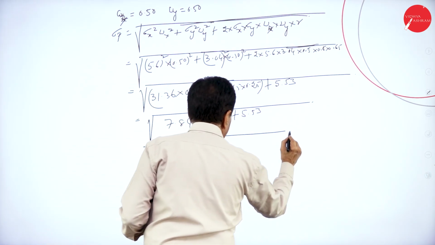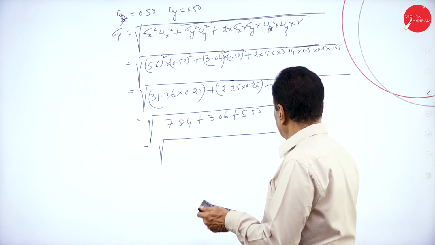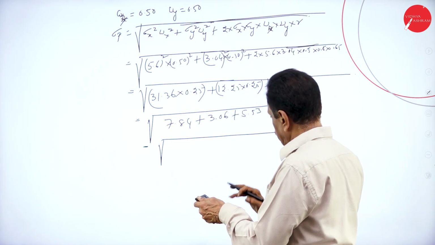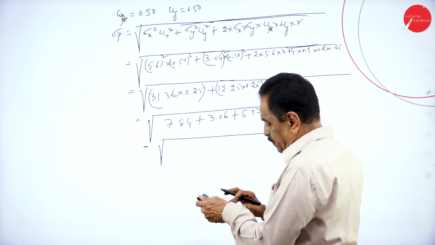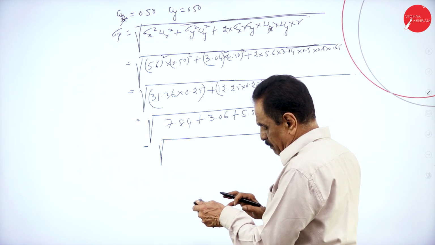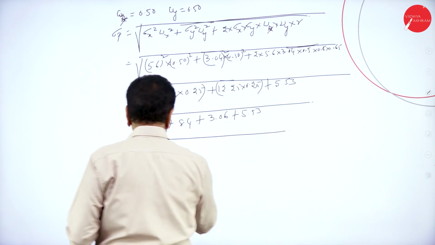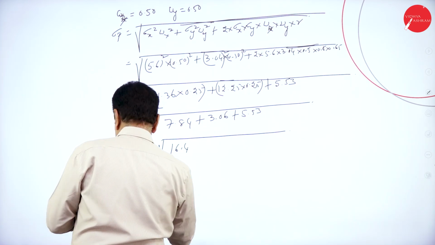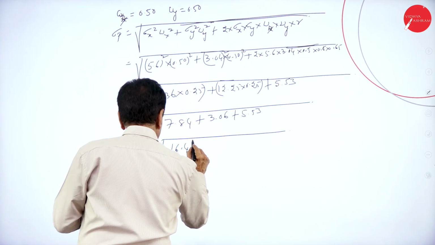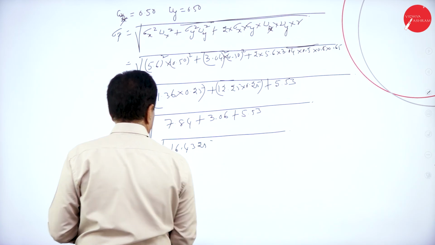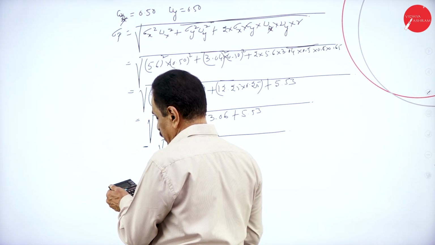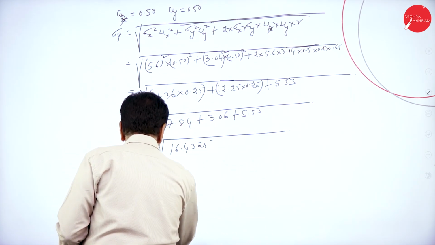Root of 3.06 plus 5.53 plus 7.84, 16.43. Root of this is 4.05